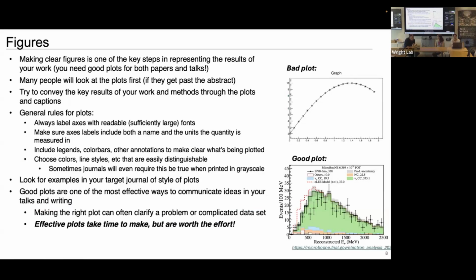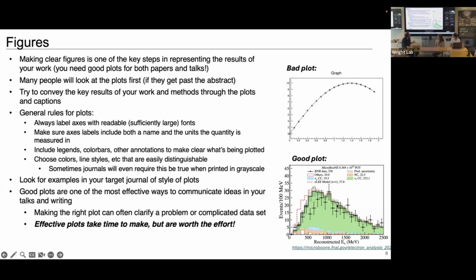Okay. So figures, I'll go quickly, but figures are really crucial. It takes a ton of time to make good figures. Here's a bad plot and a good plot, at least in my field. Do I know what's wrong with this bad plot? First thing is there are no axis labels. Yeah, no labels for sure. If anybody uses ROOT, you might see this as the default ROOT plot without any time or effort put into it. There's not a lot of information density on this plot, so you're wasting a lot of paper space.